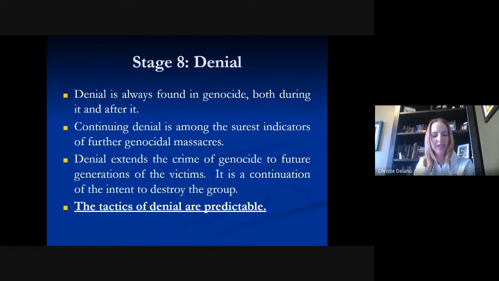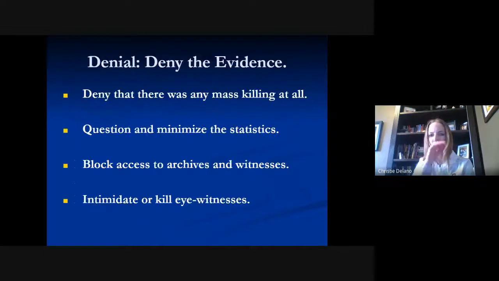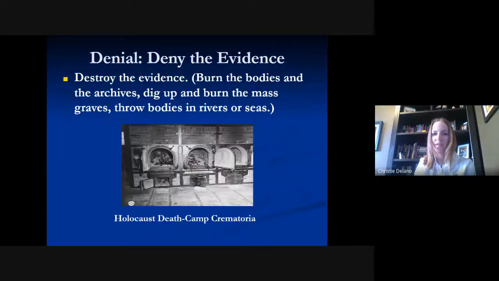Okay, but the tactics of the denial are pretty predictable. Deny there was any mass killing at all, question and minimize the statistics, block access to archives and witnesses, intimidate or kill eyewitnesses, okay? Destroy the evidence, right? Burn the bodies, the archives, dig it all up, burn the mass graves. But in the case of the Holocaust,